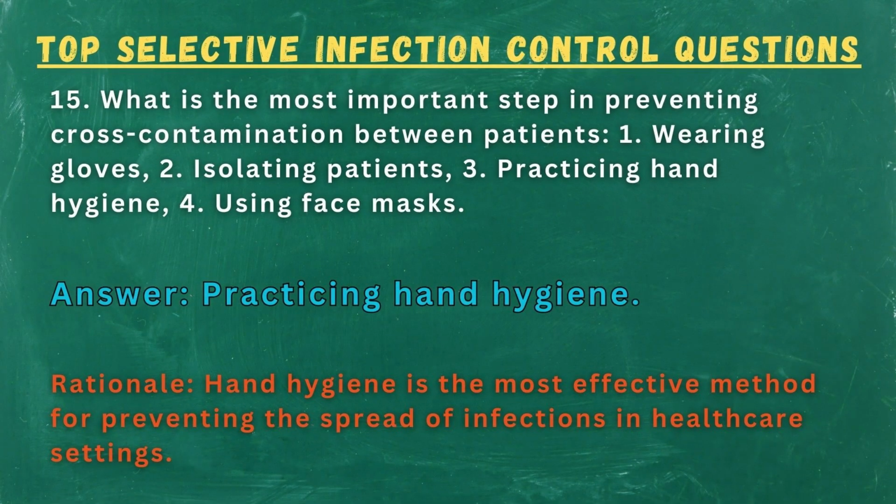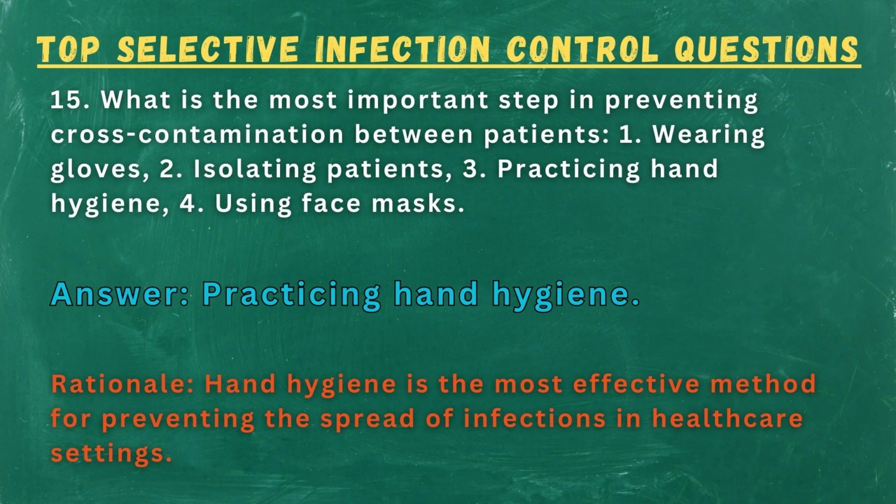15. What is the most important step in preventing cross-contamination between patients? 1. Wearing gloves. 2. Isolating patients. 3. Practicing hand hygiene. 4. Using face masks. Answer: practicing hand hygiene. Rationale: